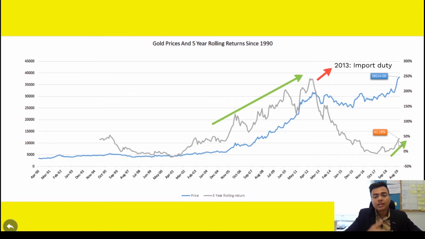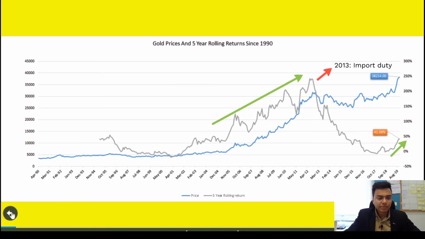So let's discuss, since a lot of people are showing interest in gold, what are a few instruments where the underlying asset is purely gold. I want to know what my options are if I want to buy gold today. Say the very first option is just buy physical gold, but that's not a very prudent way of investing in gold. That's not a very efficient way of doing that. Then I would like to know what the other instruments are where the underlying asset is purely gold. So let us have a look. Let me go back.